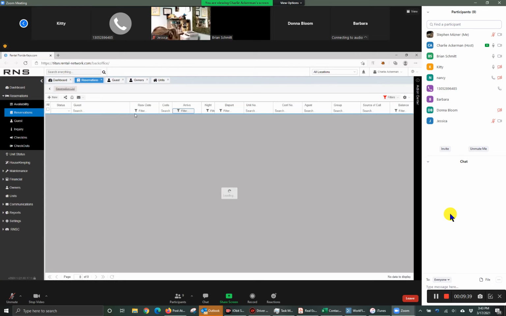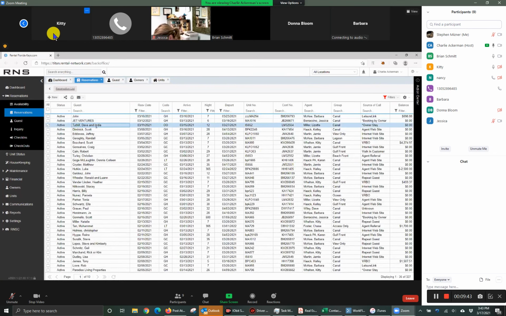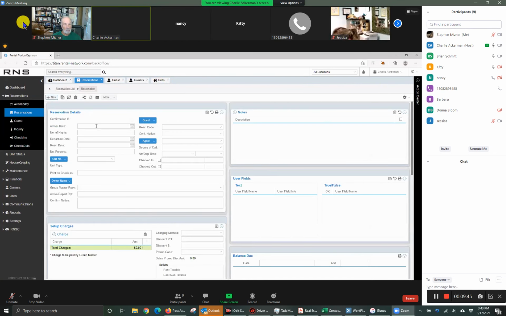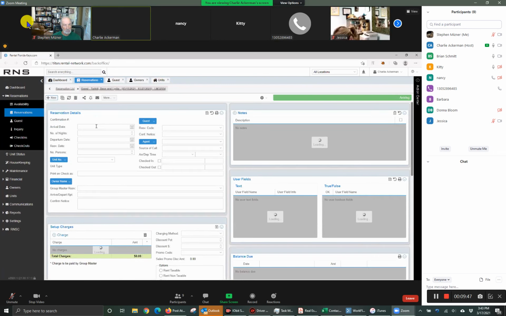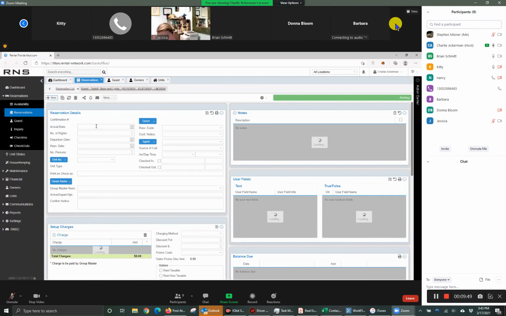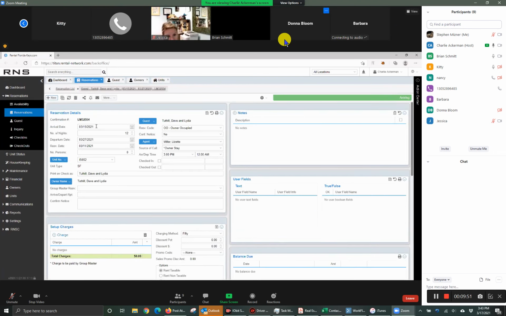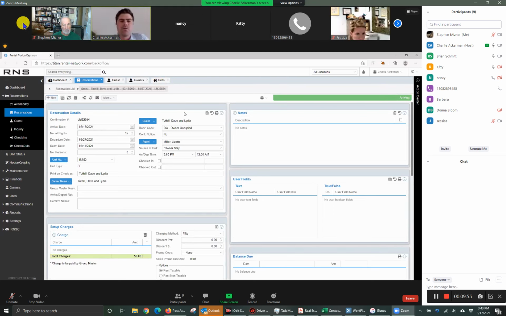And then when you find what you're looking for, you can click, filter down the list, and find who you're looking for. And then what it's doing here is bringing me into stable, to where I'm on the reservation form. And what you can see here may look familiar to what you currently have in the 9.5